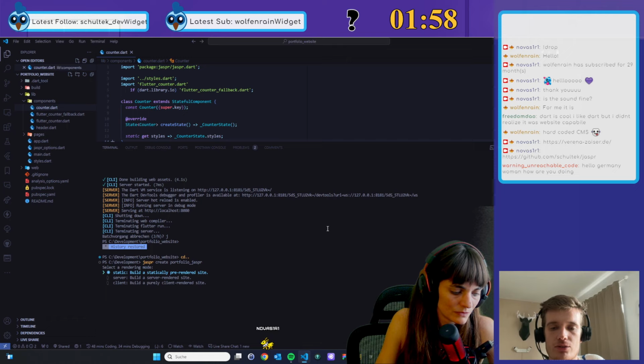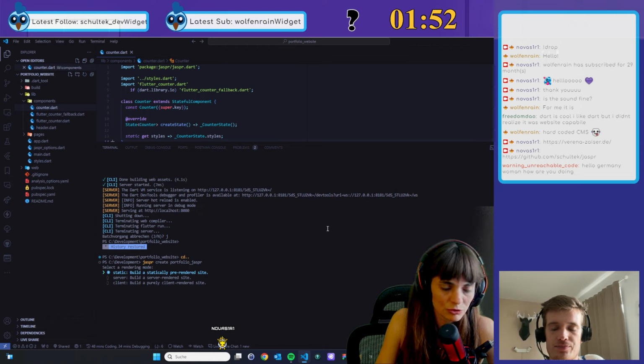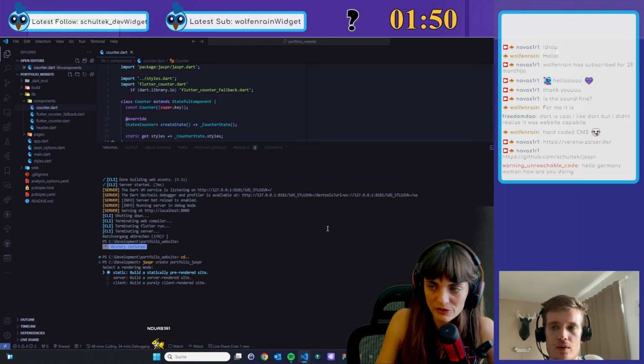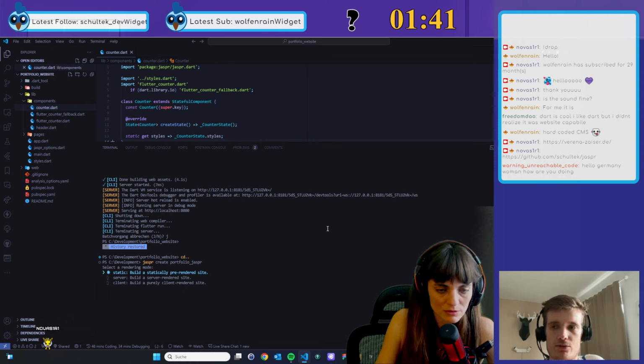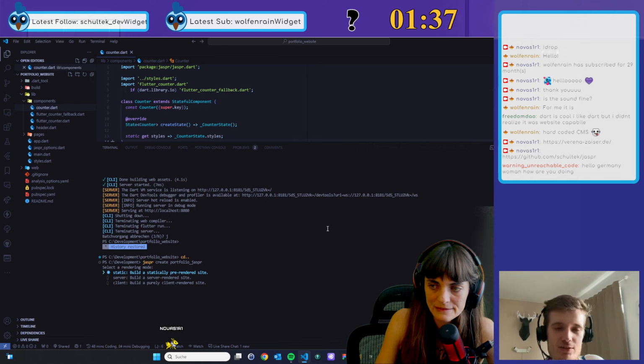So when you say jaspr build, it renders everything, so it doesn't really make sense to have a backend there. And is it possible to change it afterwards? Switching from static to server or from server to static is pretty much just changing one line, actually, and then maybe a few modifications, but it's super easy.